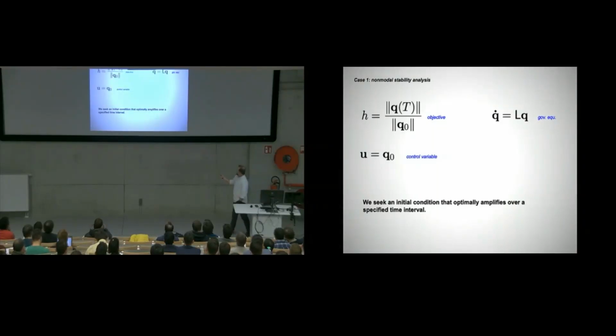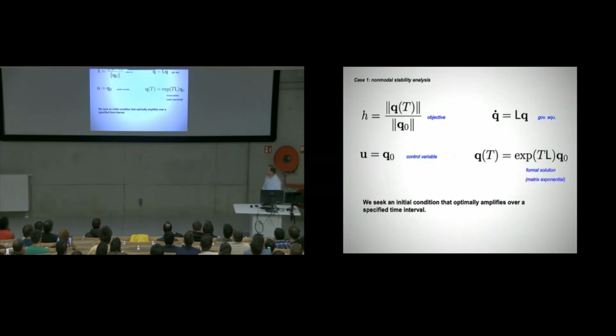Now, what I want to use here is this equation, as nasty as it could possibly be, actually can be written down as a formal solution. I don't have to solve the initial value problem. There's actually a direct map from my initial condition to the endpoint. And that one is a matrix exponential. e to the tL solves that equation. So this is the one shot that takes me from the initial condition all the way to the end of the time interval, q of t.